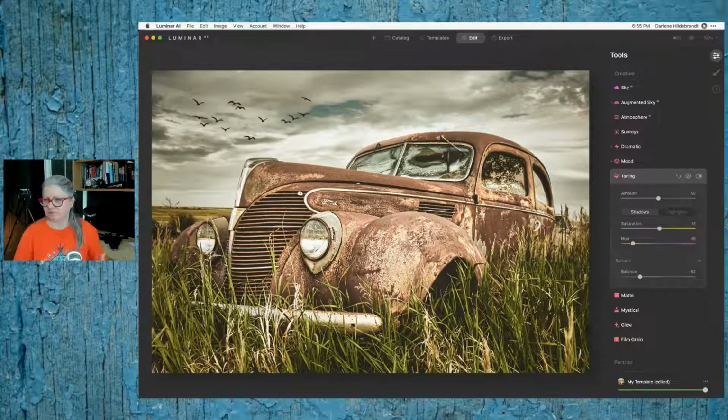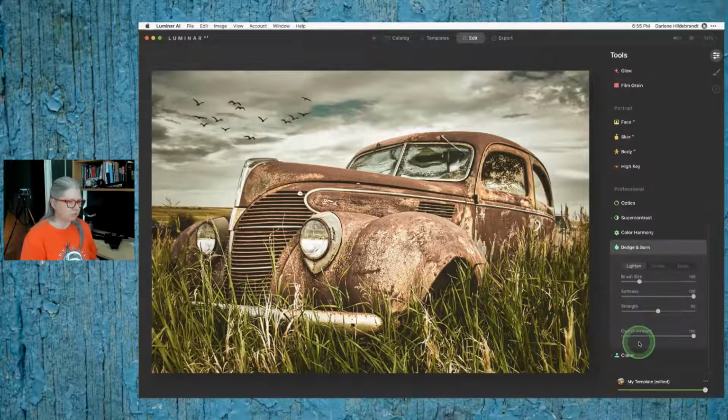Now the birds are sort of a personal preference thing. But I think they add something to that background, and we could even go farther and minimize some of those cars in the background if we wanted to as well. And if I wanted to go farther with the grass and darken it a bit more, there's a dodge and burn tool, right, which you can use to lighten or darken. Just make sure that you are using it below 15, okay? Because I find that this is a tool where you need to be really gentle with it, okay, and layer it in, okay? So I'm just going to paint down here and maybe even a little on the bumper,